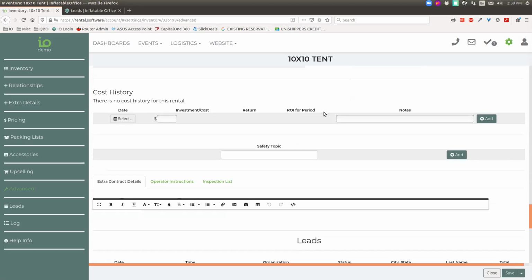So we also have this cost history section here in the advanced area. This is for determining your ROI. We do an ROI for a period as well as entire ROI over the life of the item. So if you want us to try to show you that information to know what items you might want to buy more of because they are a great return on your investment,